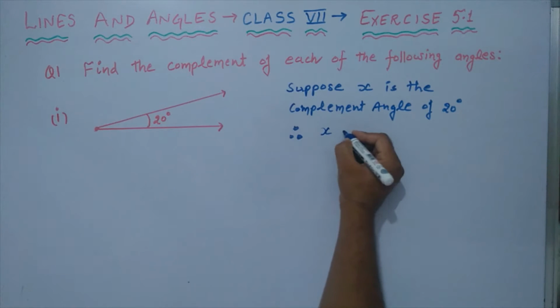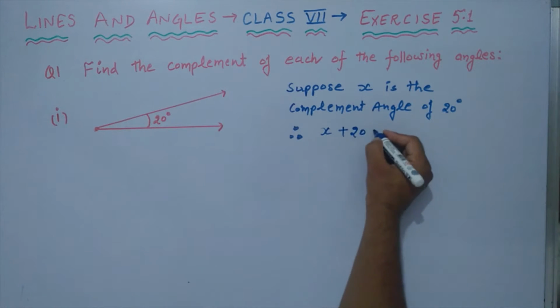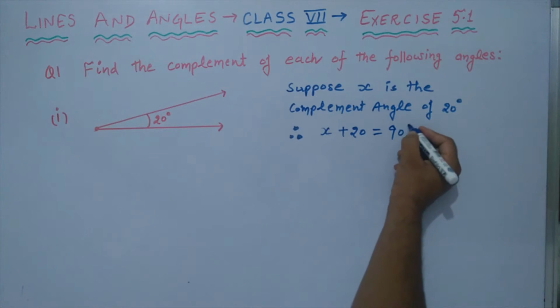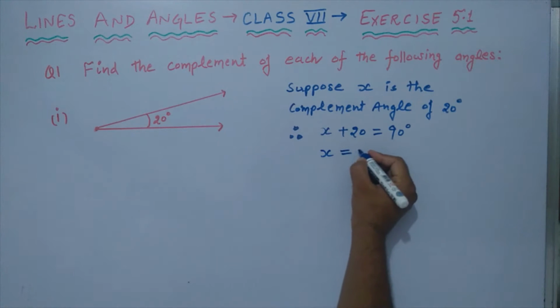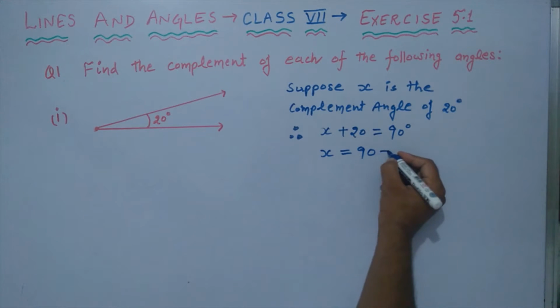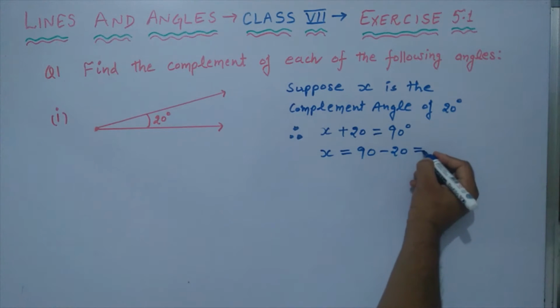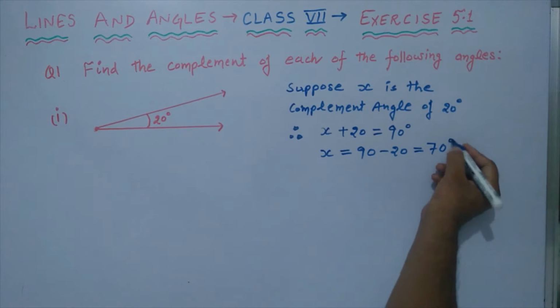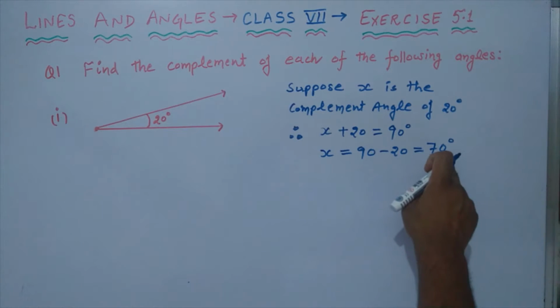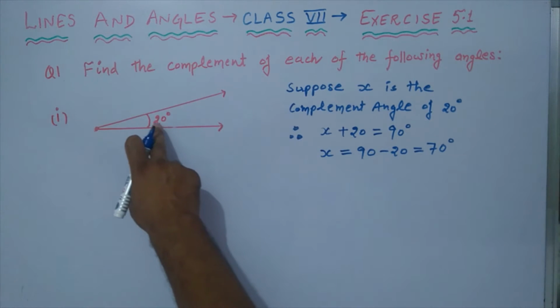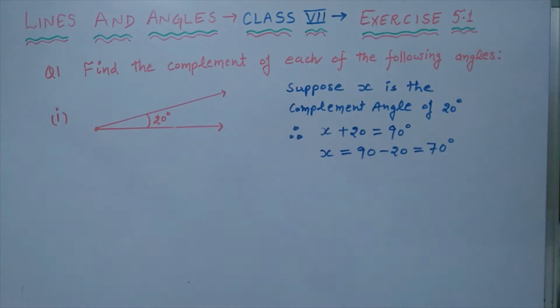Therefore x plus 20 should be equal to 90 degree. So from here we find that x is equal to 90 minus 20, which becomes 70 degree. So 70 degree is the result, 70 degree is the solution, that is complementary angle of 20 degree is 70